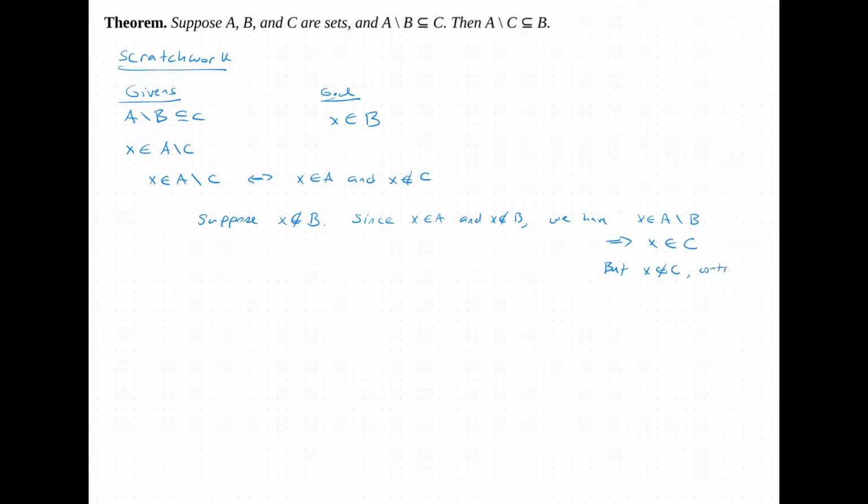Contradiction. And a shorthand notation for scratch work that we could use when saying that we have a contradiction is this symbol right here of a forward arrow and a backwards arrow. And so this is a common use in scratch work when we're going through an argument. We can simply say this here to denote that we have our contradiction. And so therefore, x must be in B, and that finishes the proof, since that's what we wanted to show.